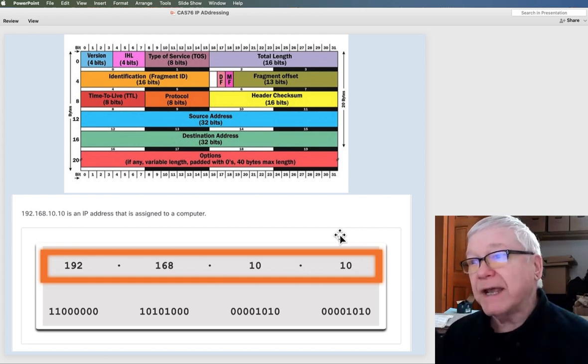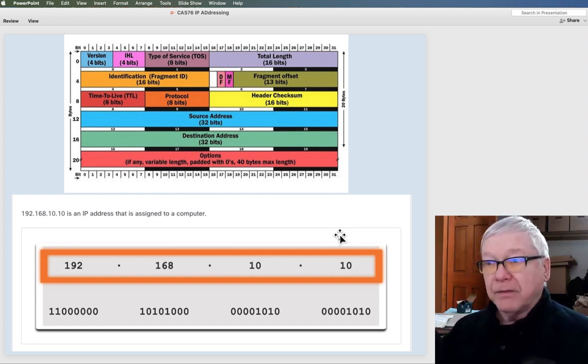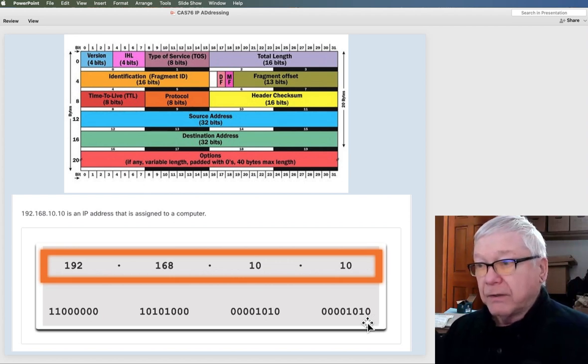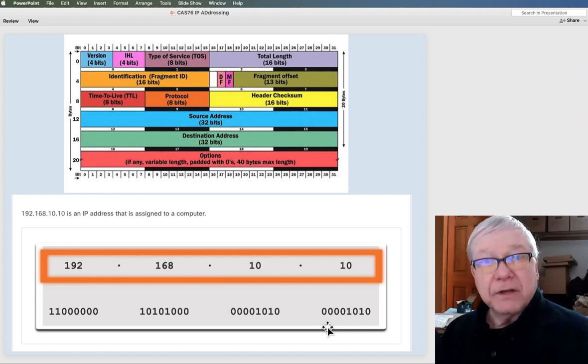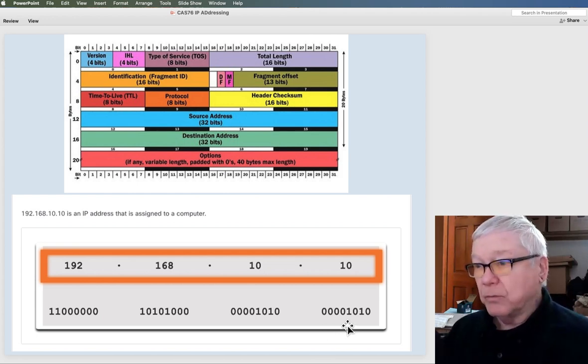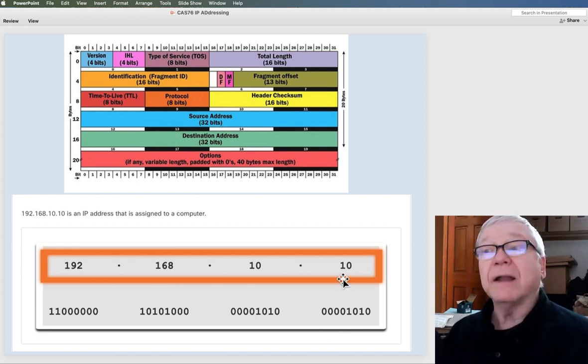But when we understand what's going on there, over here in the right-hand octet, there's a 0 in 1's place, so there's no 1's. There's a 1 in 2's place, so that's a 2. There's a 0 in 4's place, so that's a 0. There's a 1 in 8's place, so that's an 8. And then the rest are zeros in 16, 32, 64, and 128's place. So the total decimal equivalent of this pattern of ones and zeros is a decimal 10.